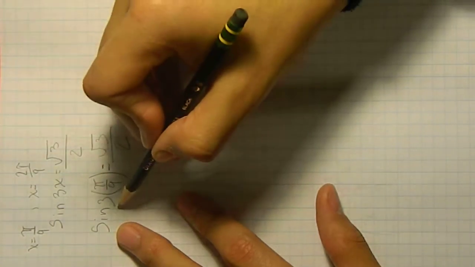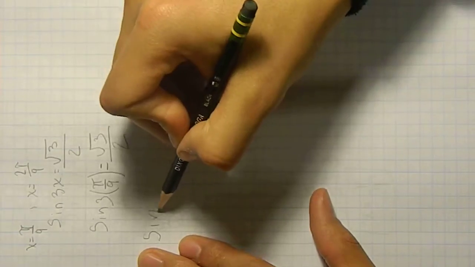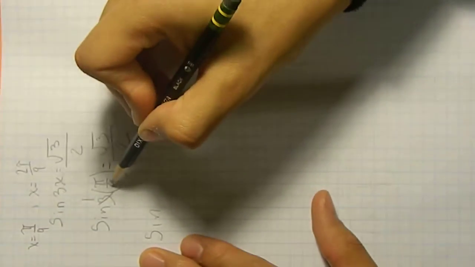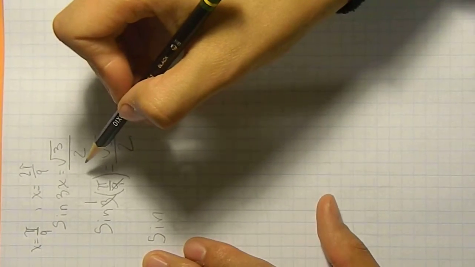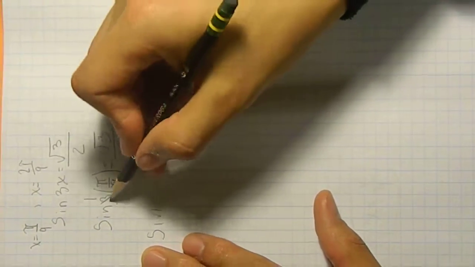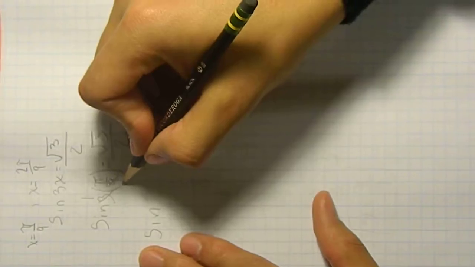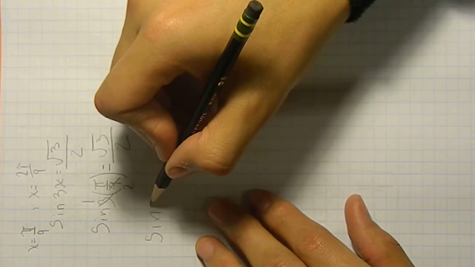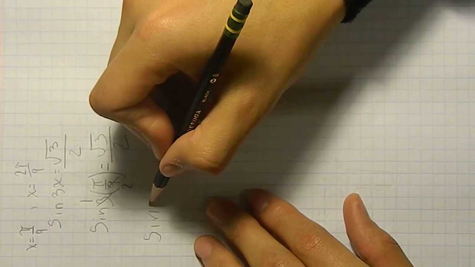Right, so 3 and 9 can cancel out, and that gives you 1 over 3. So we have now left